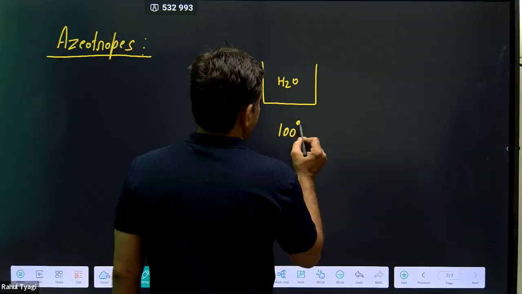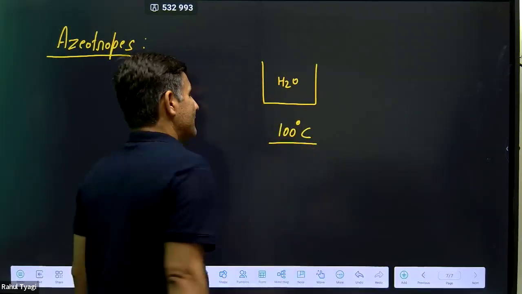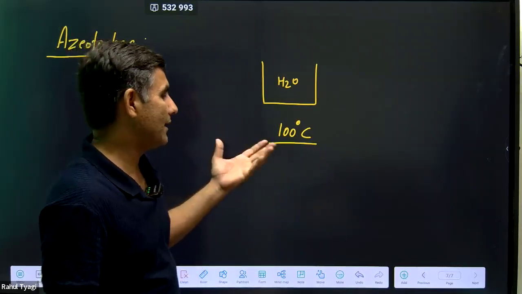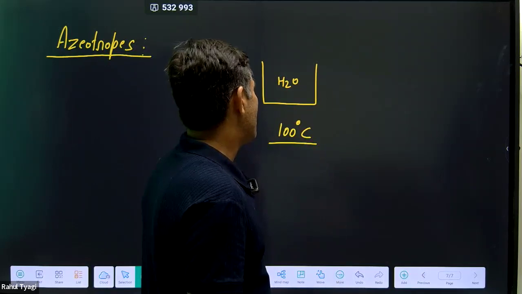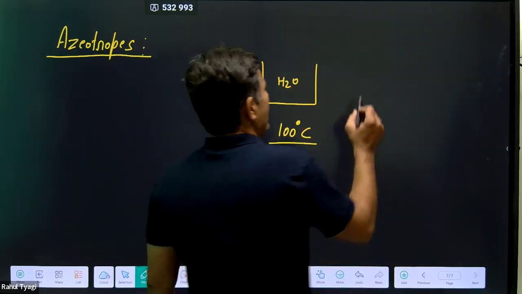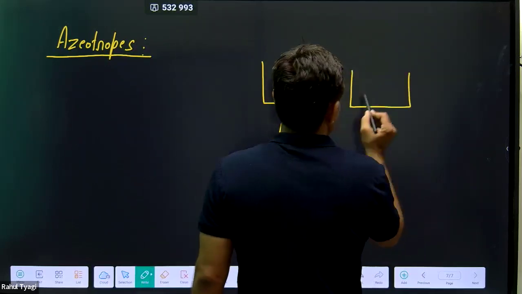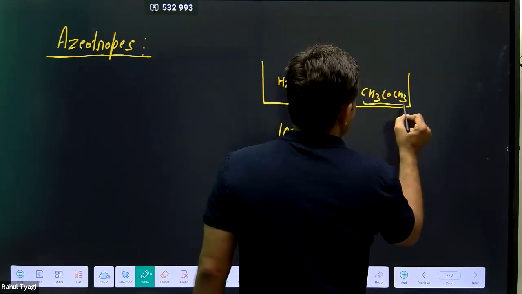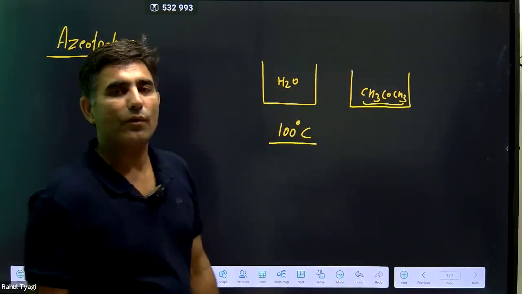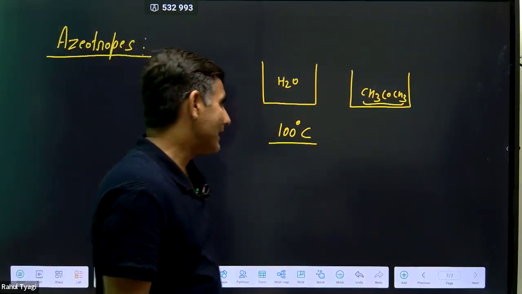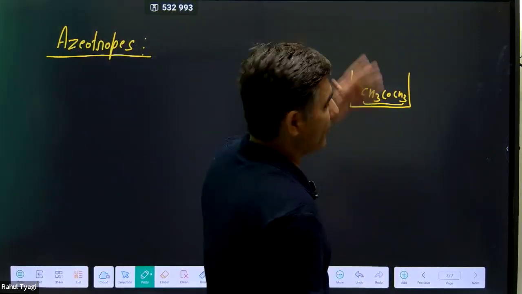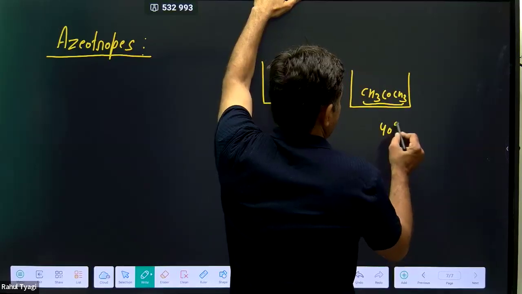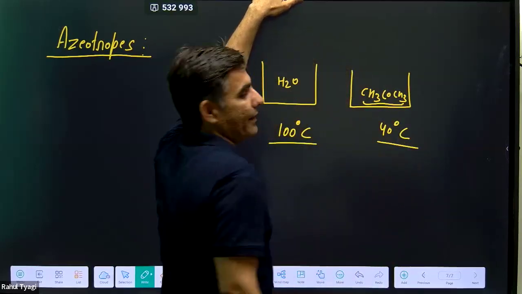It's a water और इसका बॉइलिंग पॉइंट होता है 100 डिग्री सेंटीग्रेड। इसका जो वाष्पांक होता है, जो बॉइलिंग पॉइंट होता है वो 100 डिग्री सेंटीग्रेड। If suppose I mix this one in acetone, obviously इसका जो boiling point होगा वो less than 100 ही होगा। And I don't know कि किसका मेरे को boiling point सभी के याद रहे। मैं assume कर लेता हूँ suppose this one is the 40 डिग्री सेंटीग्रेड। ठीक है।